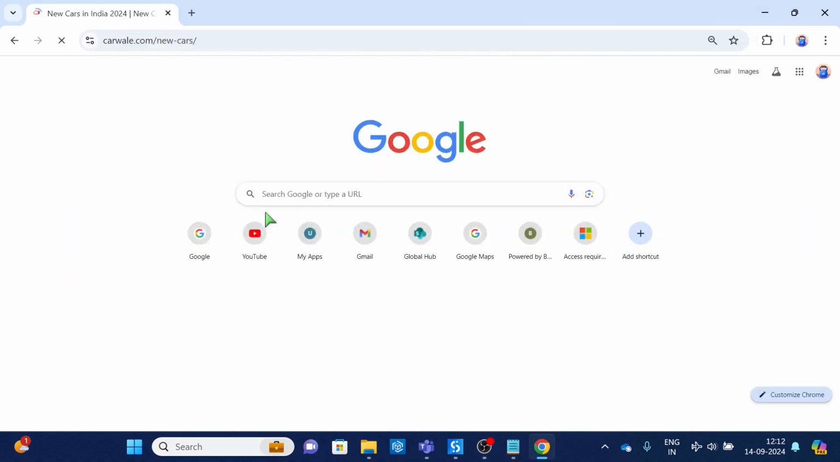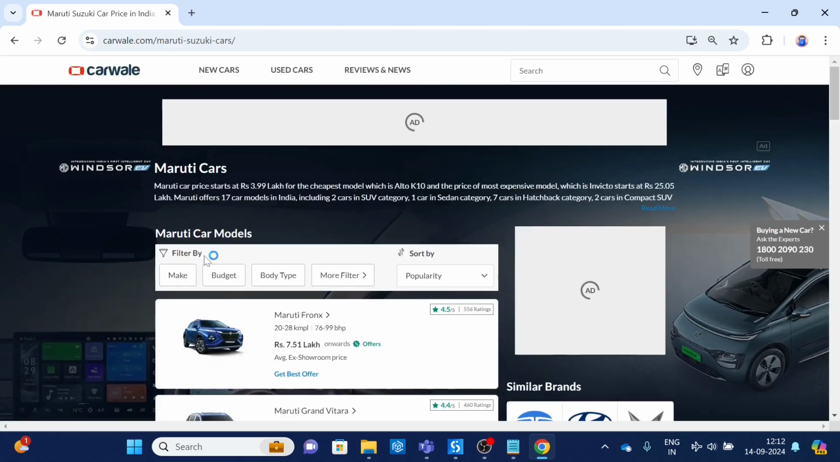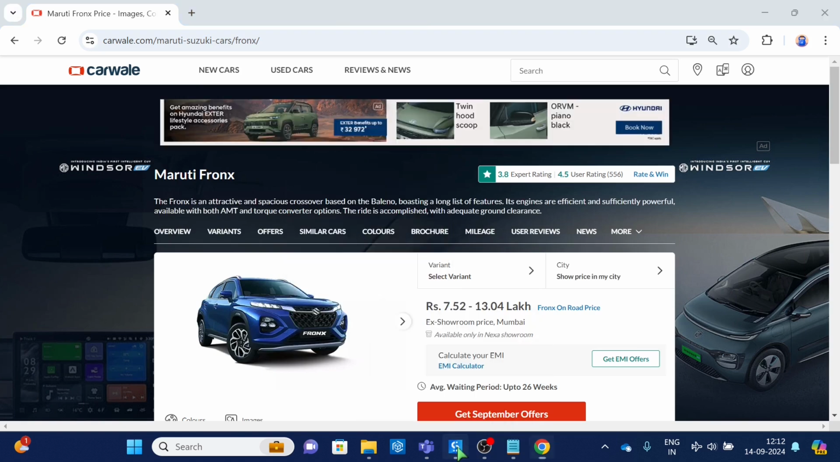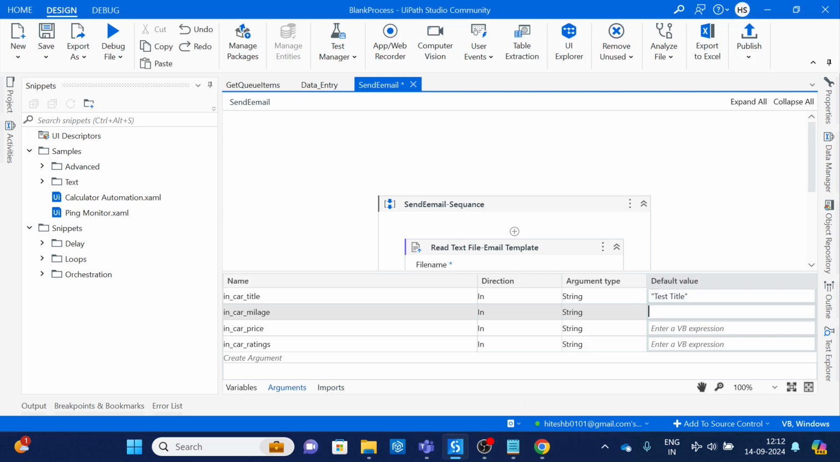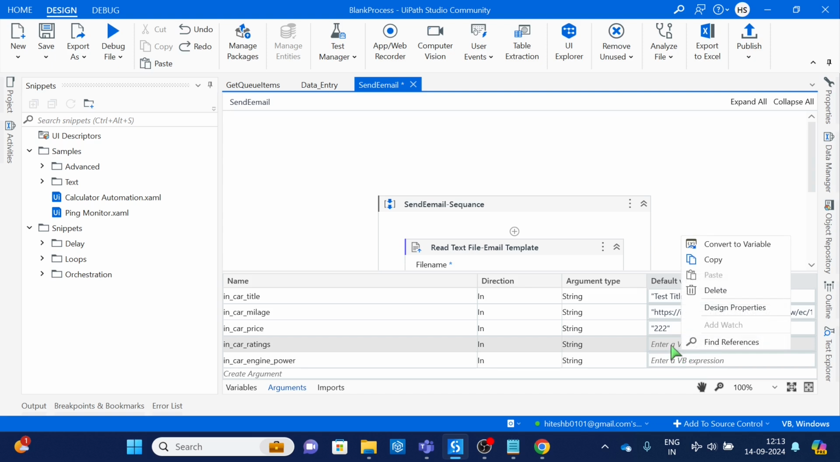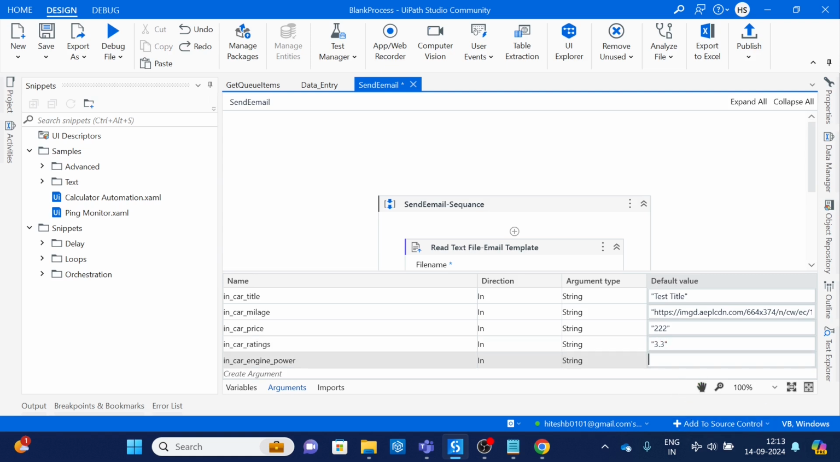Let me go to CarWale again just to get one image. Copy image address, and then car image, car price, rating. One thing is missing. Mileage is there, engine power. Car price, I will just mention equal to car ratings. I will mention, for example, 93. Engine power. Let's take